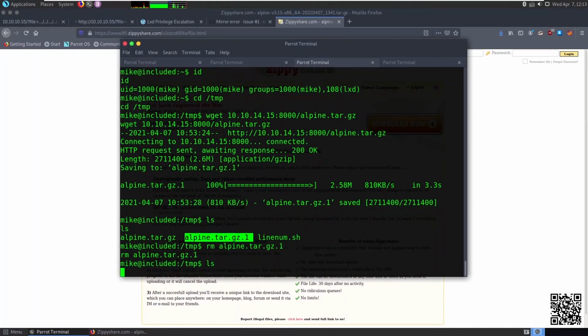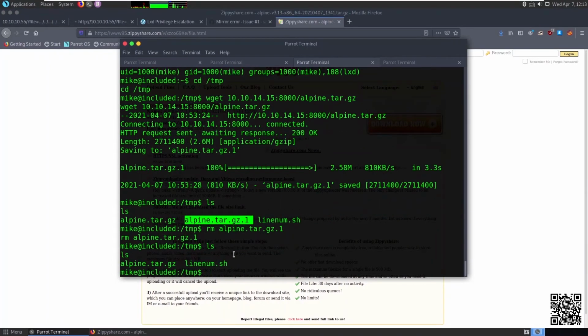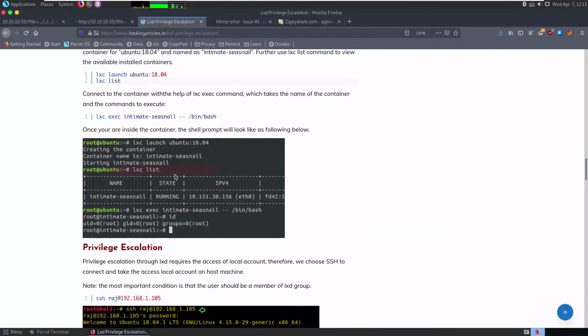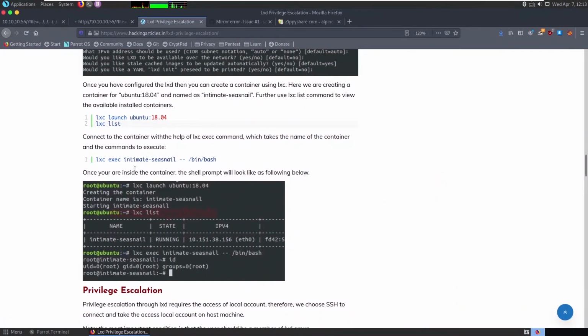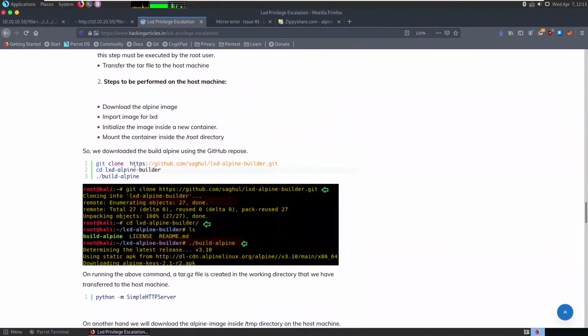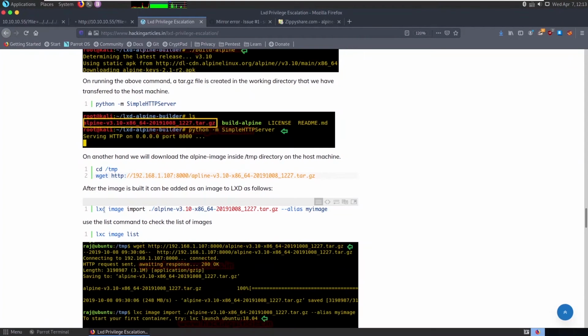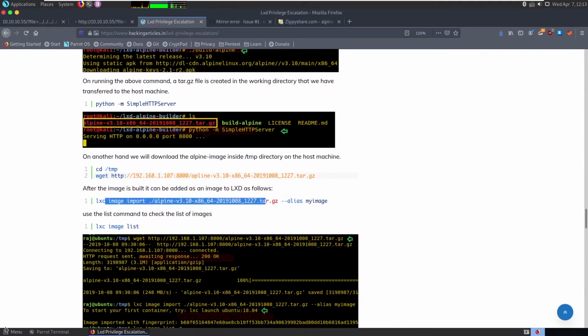So let's say ls. Okay, now what we can do is lxc image list. There are no Linux images here, because I have already added this previously. Now let's add again. Here you can say lxc image import, the tarball and alias name.